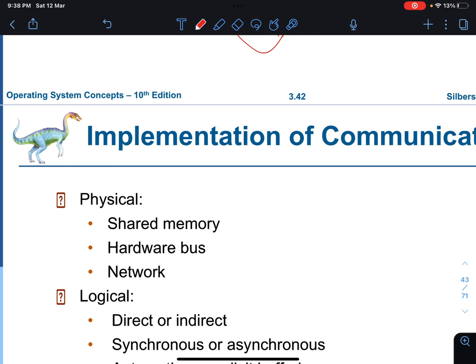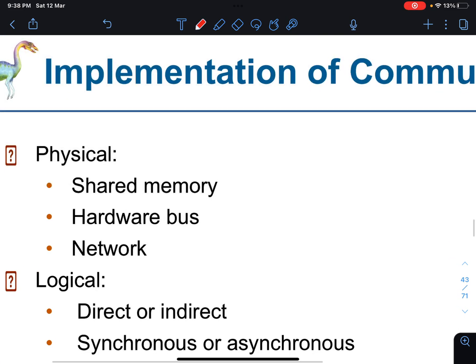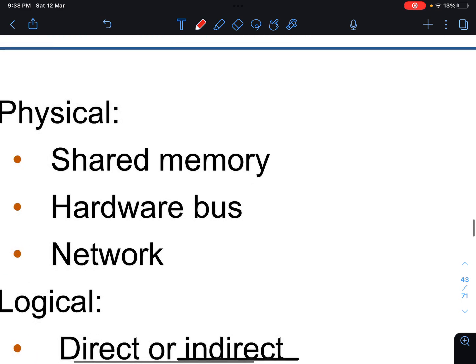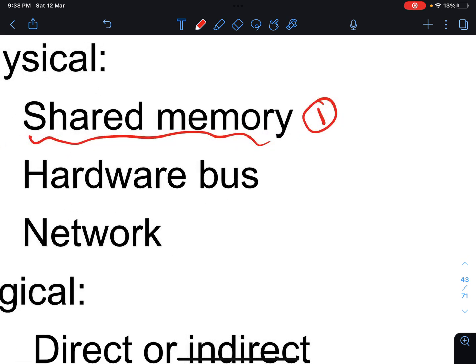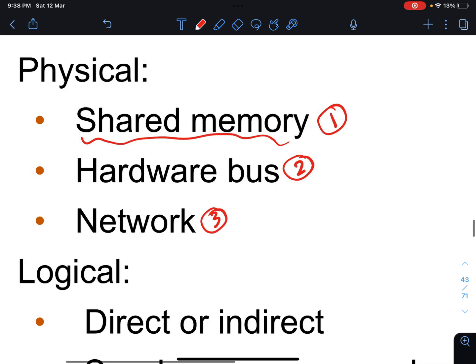How would you implement it physically? We can use shared memory, and you will see the code shortly. We can have a hardware bus. We can have a network. That's physically speaking.